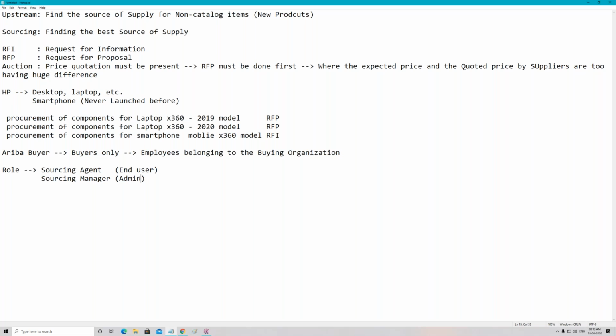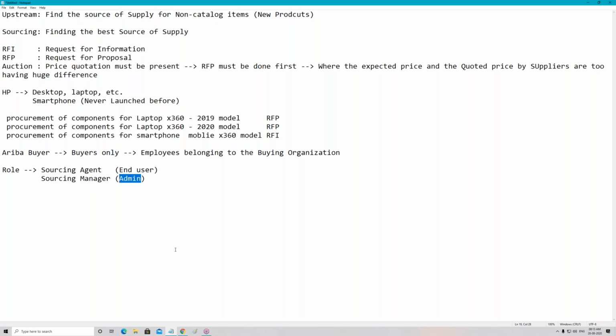Very good. Who are admins, guys? Now if I ask this question, and if you've worked in any SAP product, most of you are going to say, Manoj, these are the functional consultants. Why? Because they will have the admin authorization. And I will say here in Ariba you don't have that concept. Why? Because admin will never be a functional consultant. Why? Because a functional consultant is going to have a